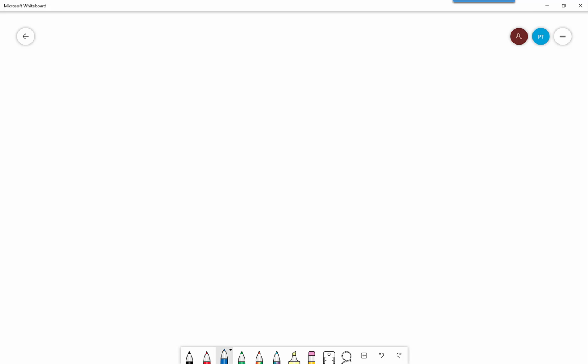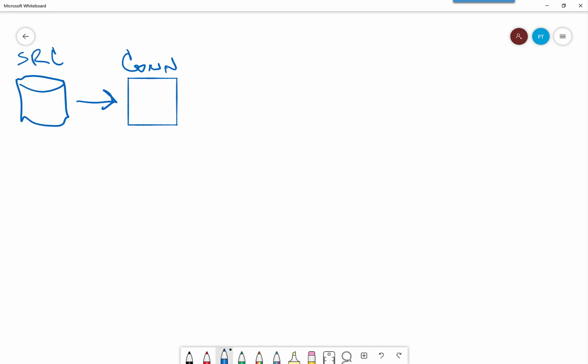Whenever you are building a report and a data model, we start with a data source. Let's just call this our source data. Now, you may have many of these data sources, but we'll just take a look at one of them. The next step is the connection. So we connect to some kind of data source. It could be an Excel file, text file, SQL Server database, web service, could be just about anything. So that's our connection. Once we connect, we import data, and that flows into